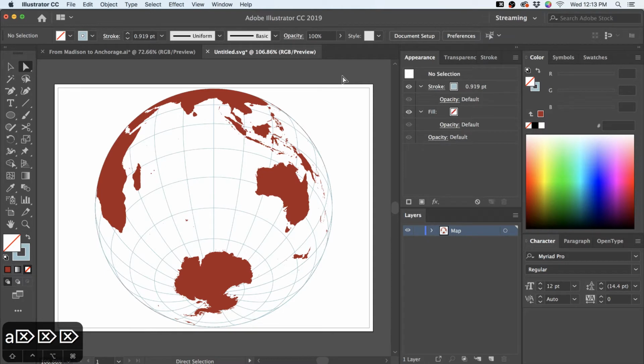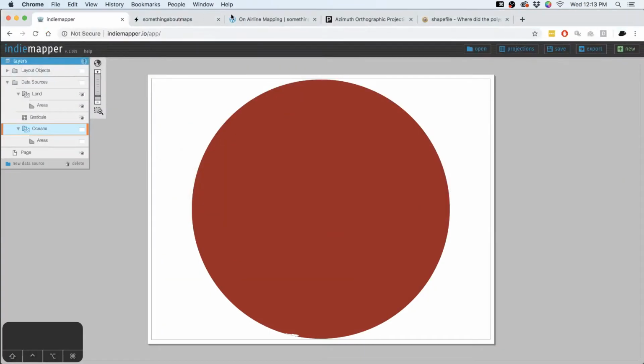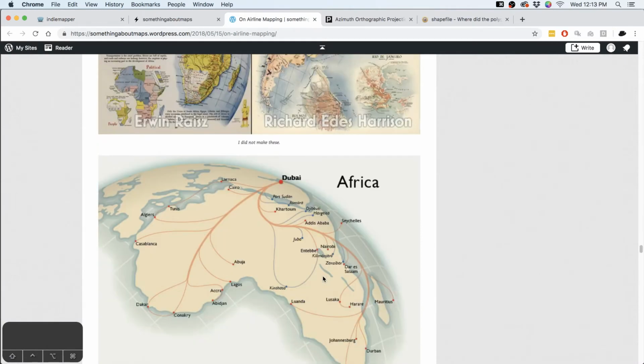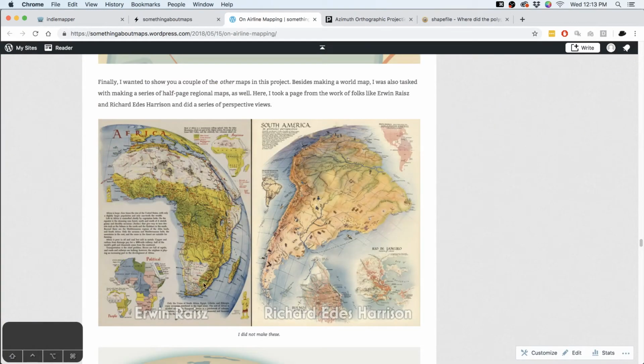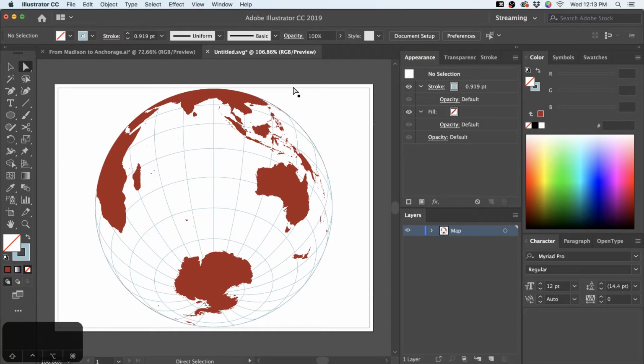I could make something work with this, and especially what I'm envisioning is that I'm not going to show the whole planet. Kind of like these other examples, we're just going to show part of it. Here I got Africa, and Royce has Africa, and Harrison has South America. So if I'm just imagining clipping things down to maybe this region here of Australia, Oceania in general, that's probably going to be fun. There is one other thing that I want to do, and it gives me a chance to show off one other item in IndyMapper.